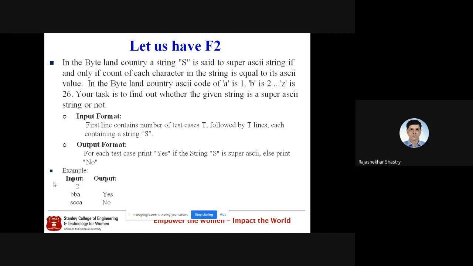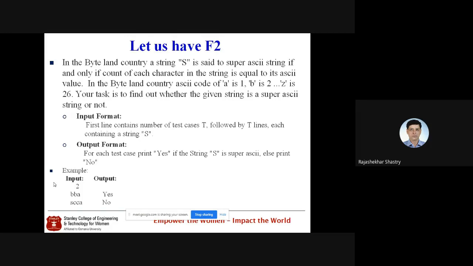And coming to SCCA, it is not a Super ASCII string. Why? Because S occurs only once, and as per the ASCII code, the value of S is 18, so S should repeat 18 times. And the ASCII code of C is 3, but here C is repeated only twice.